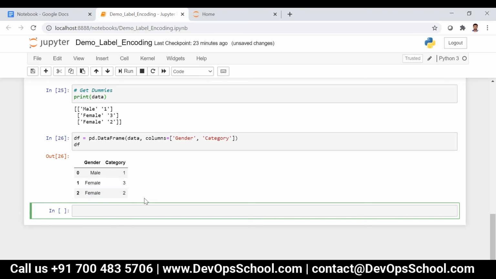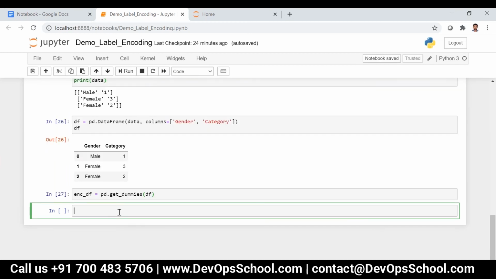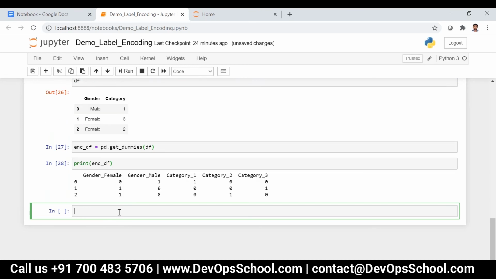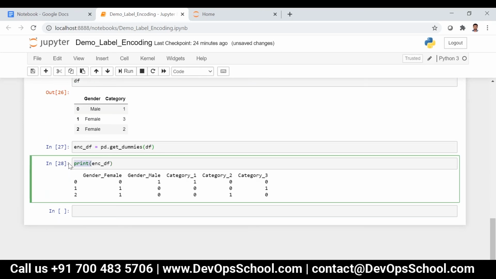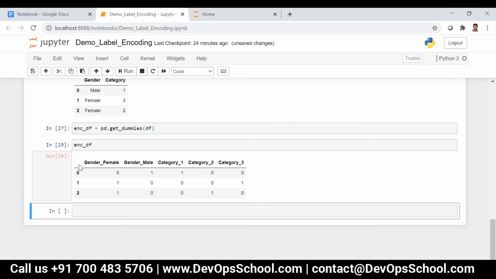Now I can write encoded df equal to pd.get_dummies of df. That's it. If I print encoded df, you can see gender female, gender male, category 1, category 2, category 3.